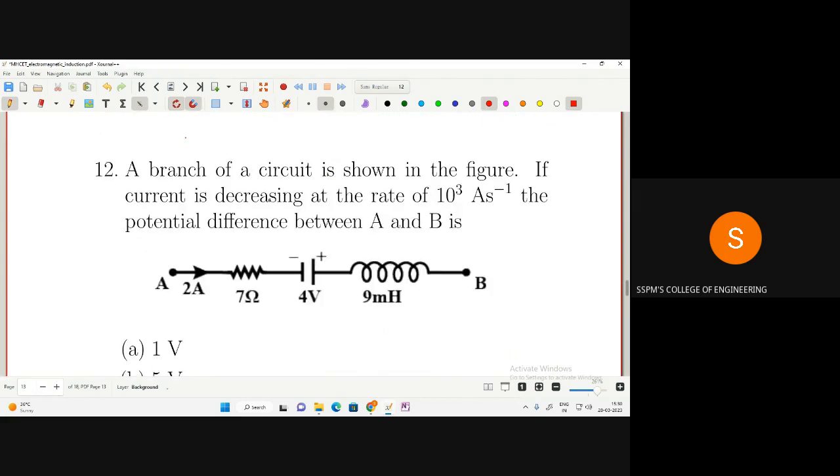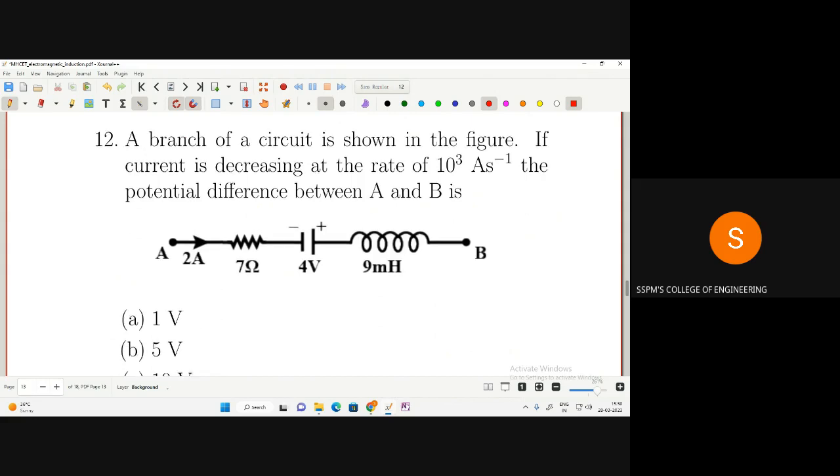Next example is based on the circuit, RLC circuit. आता इथे काय केलेलं आहे बघा, एक सर्किट दिलेला आहे. या सर्किटमधून करंट फ्लो होतो 2 अँपिअर. The resistance given 7 ohm. One battery is connected in series and the inductance of the coil is given 9 millihenry, and due to the